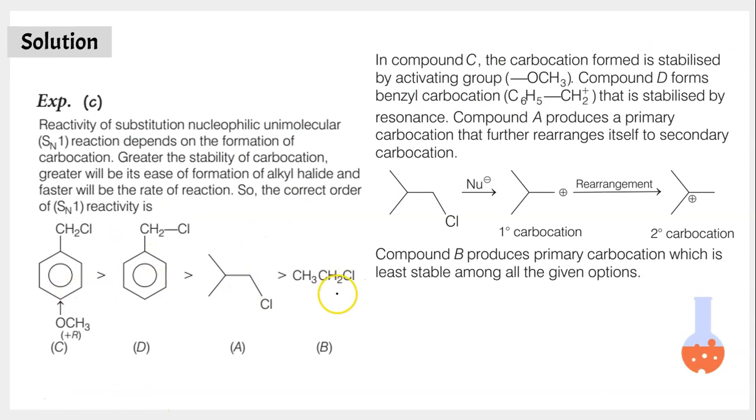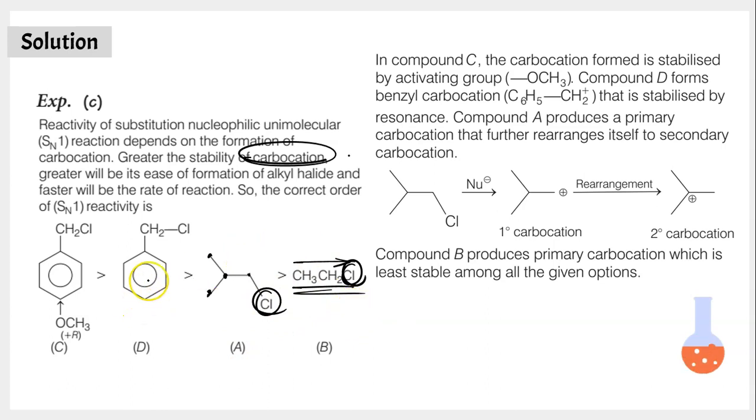So when you observe these four molecules on their capacity to form carbocation, molecule B does not at all want to form carbocation because the chlorine over here is happy. It is receiving electron cloud from the adjacent group. So it doesn't want to break away. It doesn't want to form carbocation at all. And then molecule A, because it also has got only plus I groups, even this molecule doesn't want to lose its chlorine and doesn't want to form carbocation.